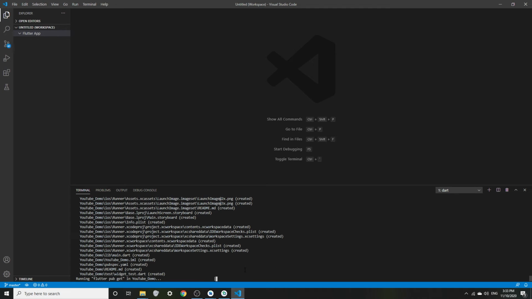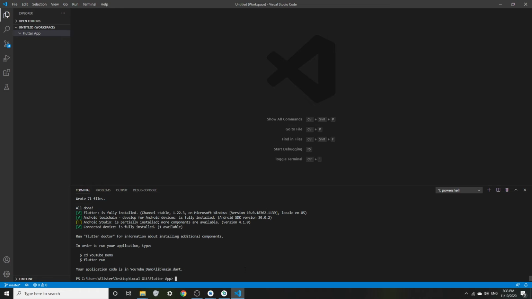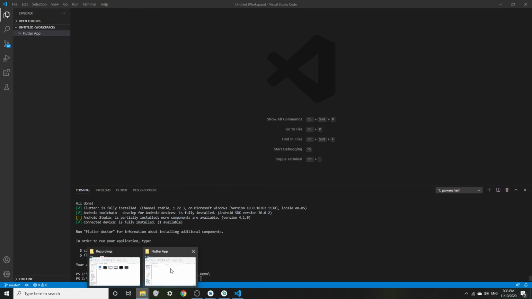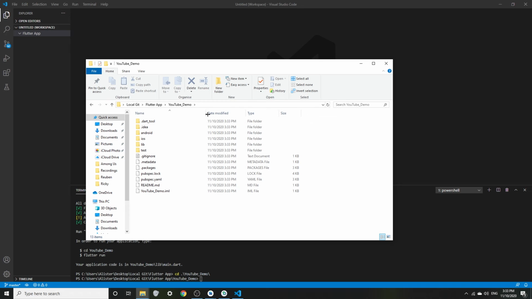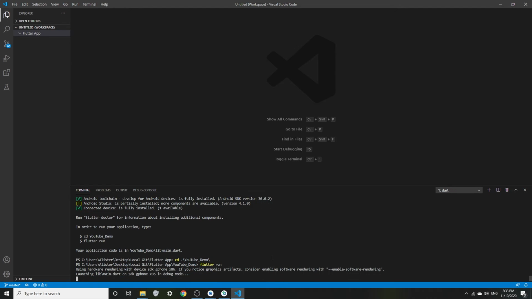And it's going to create our application, and this is going to take not too long. Sorry about the noise. I don't like it either. And then it's telling us exactly what to do. So we're going to cd into YouTube demo, and if I bring up the file just for visualization, here you can see inside our Flutter app we have YouTube demo, and this is all of our files and folders. That's good. And now we literally just need to click Flutter run, and that's going to run the base Flutter application